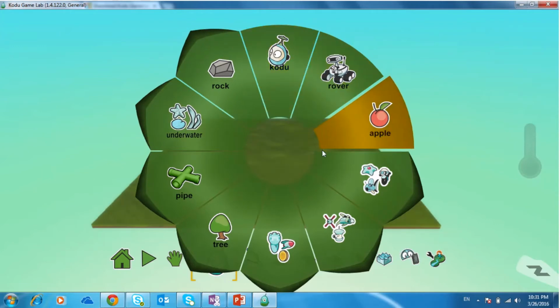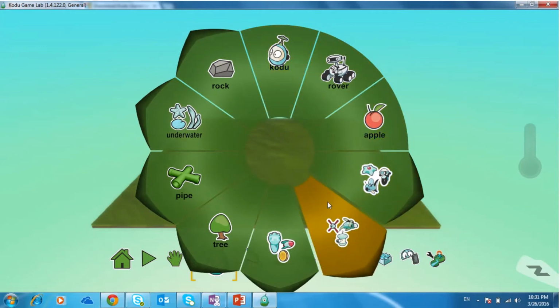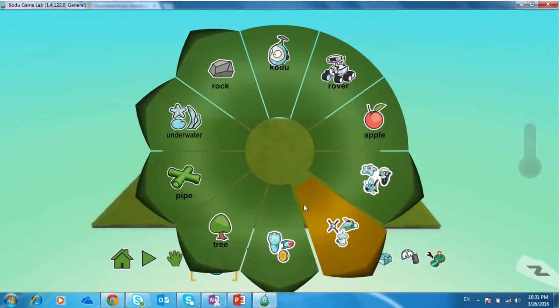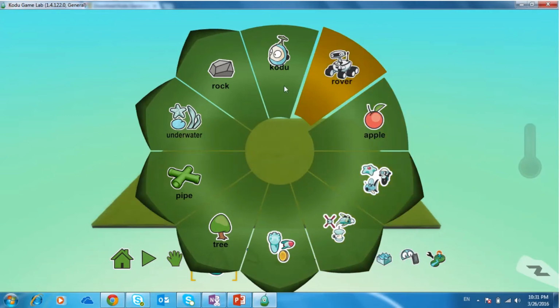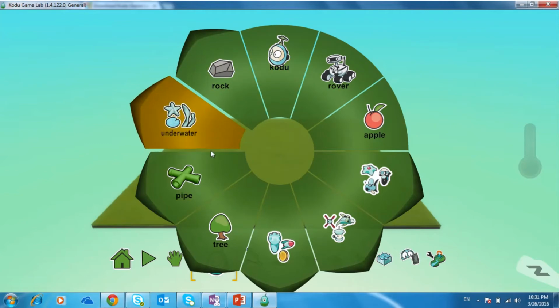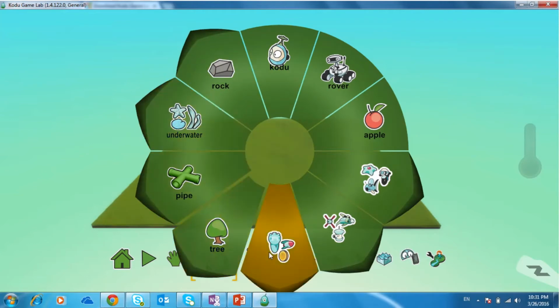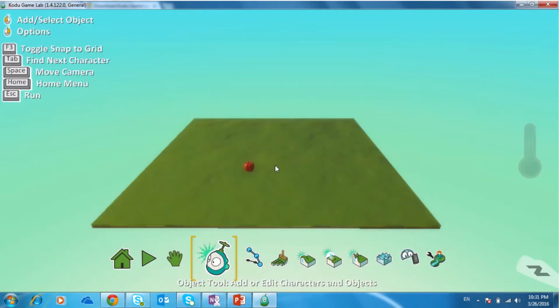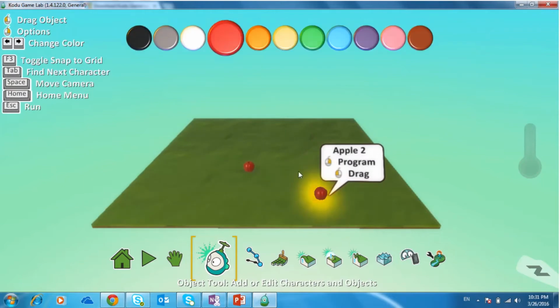So the game that I'm going to design is a very simple game for early years students who are at a stage of recognizing apple shapes. When they learn all of that in primary, I think it's a good way for them to see a game where they see a lot of apples and try to recognize the apple shapes. So I'm going to have a lot of apples on my terrain, and you can drag these apples anywhere you want to.